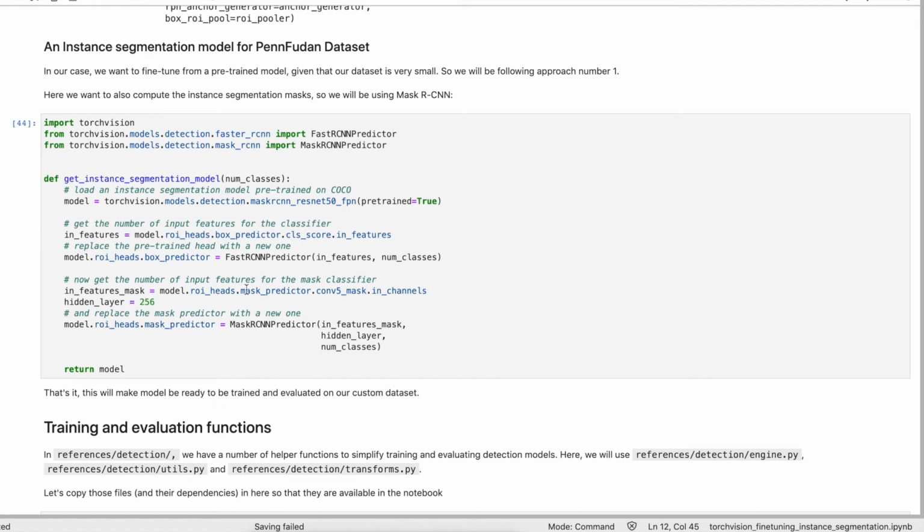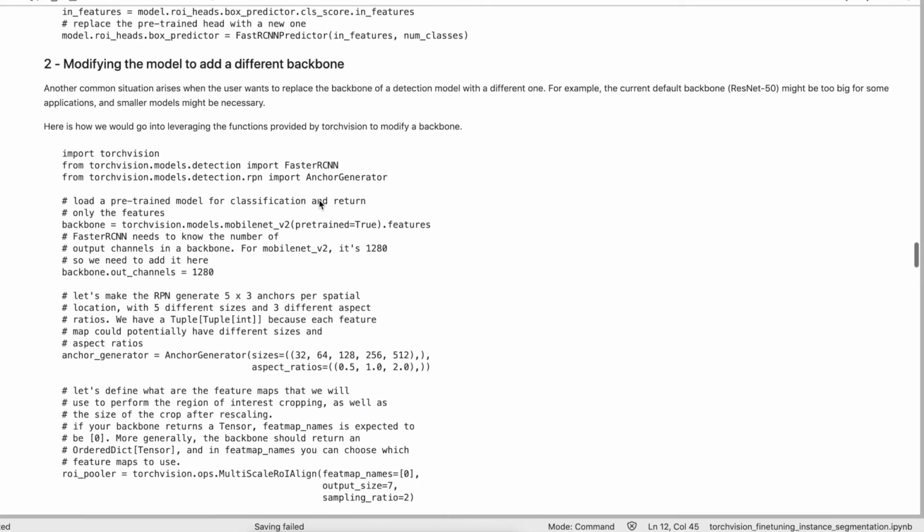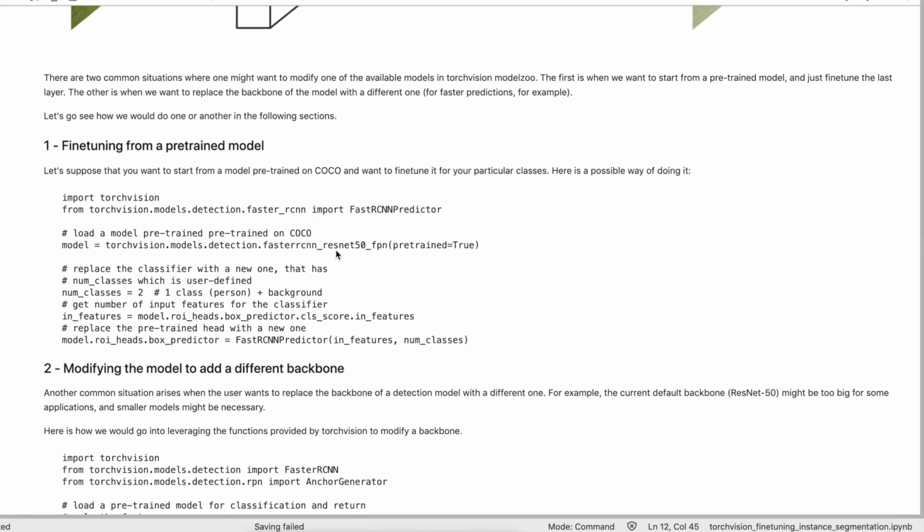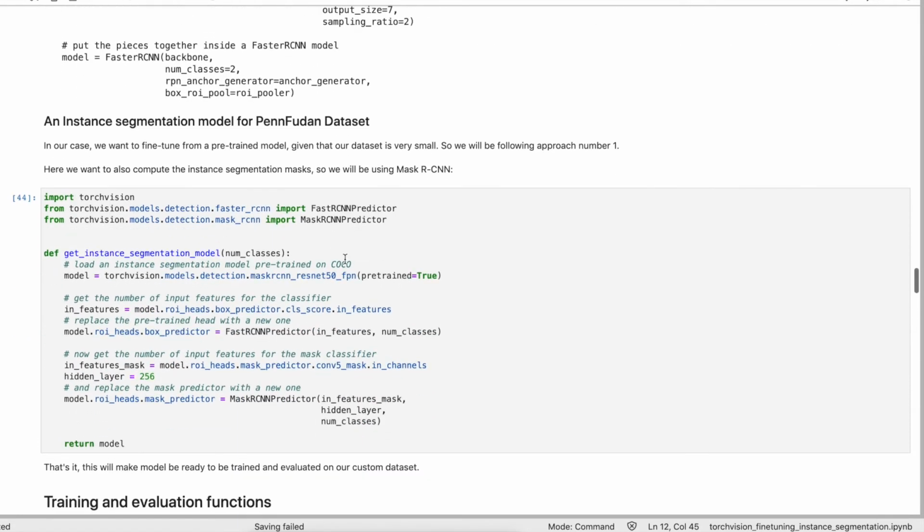data set. In the first approach we take a pre-trained network, as I already explained. I'm taking a pre-trained Mask R-CNN network, taking the output classes and the features, and then replacing the pre-trained head with a new one. The pre-trained head, like the box predictor, head.box_predictor, and the mask predictor, like the Faster R-CNN predictor in class, with number of classes as 2. In our case the number of classes is 2, so we have to pass this number of classes.